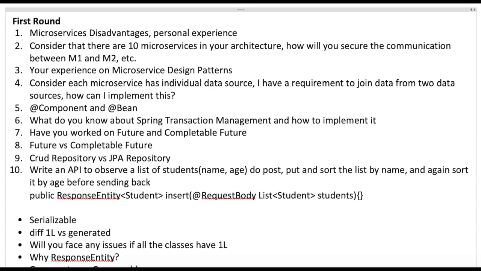Then since you're going to break down your components into multiple smaller components, your ecosystem is going to become a very huge system. So obviously network traffic increases, because each microservice talks to other microservices in your architecture. These are things that you have to take care of.